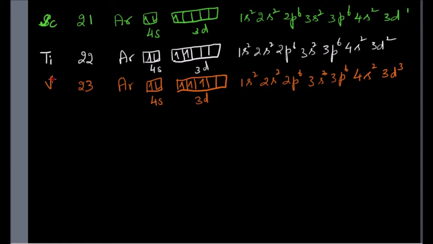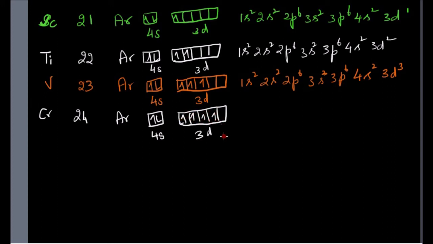When it comes to chromium with 24 electrons, that is a new rule that you learn here. We will write the configuration as argon 4s with 2 electrons and 3d with 4 electrons. That is what you would write, isn't it? You would expect me to write the configuration like this for 24 electrons of chromium. But actually this is not correct. The actual configuration is 4s1, 3d5.